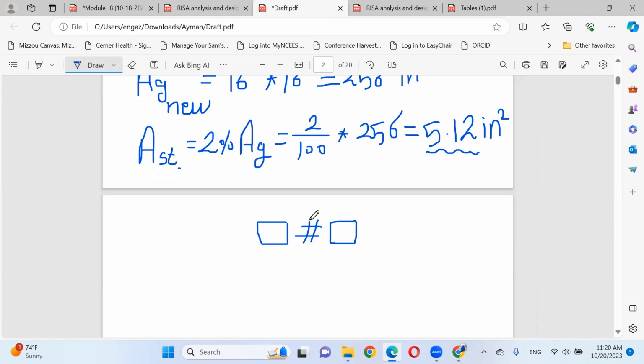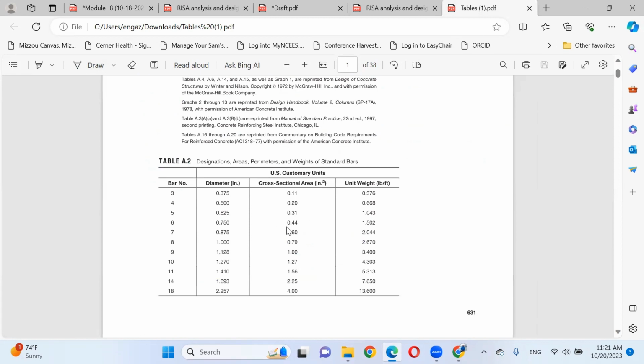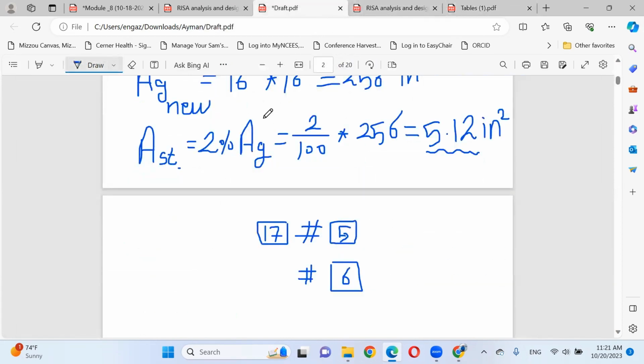I got 17 rebars, number 5. Looks like 17 is too much. I'm not sure, but let's try number 6. If I choose number 6 with area 0.44, then 5.12 divided by 0.44 gives me 12.